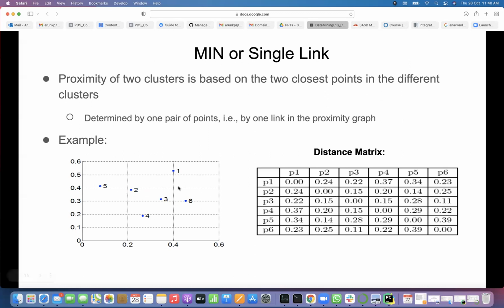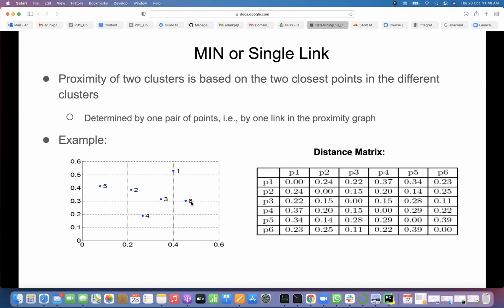So how many pairs do we need to find out here in the next iteration? How many distances do we need to find out? 5C2, right? How many clusters do you have? 5C2, because you have 5 clusters after merging 3 and 6. So again, for cluster to cluster distance, you need to find out which pair of clusters is the closest one to merge in the next iteration.